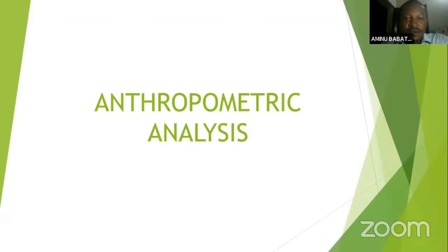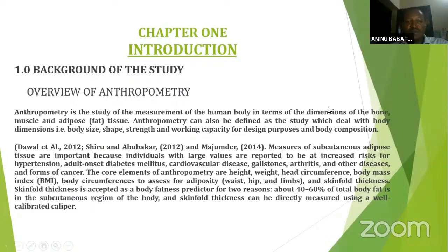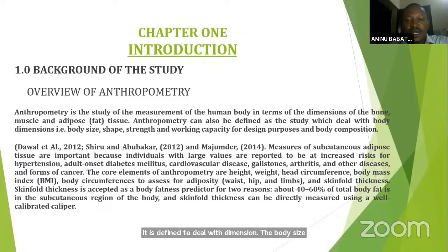This is group 4. We are working on anthropometric analysis. Like I said, I'll start with the introduction of the topic. Anthropometric analysis is the study of the measurement of the human body in terms of dimension that has to do with the bone, the muscle, the tissue, and other body parts. It is defined to deal with dimension, the body size, the shape, the strength, and working capacity for design purpose